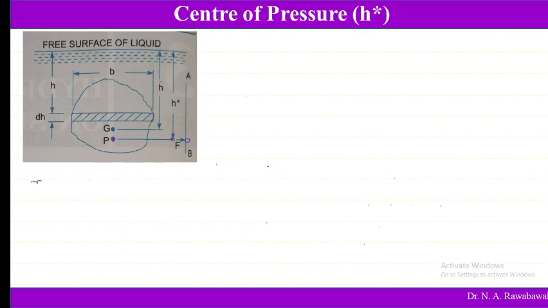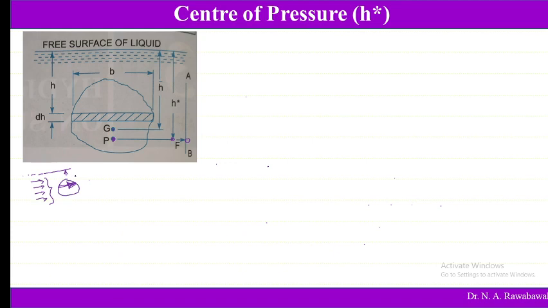Say there are n number of forces, 1, 2, 3, 4, acting. If we take the moment of these forces about the free surface, or about an axis, then the total moment will be equal to the moment of the resultant. So instead of taking so many forces, if we take a single force which is the resultant of these forces, and take the moment of this resultant about the axis,